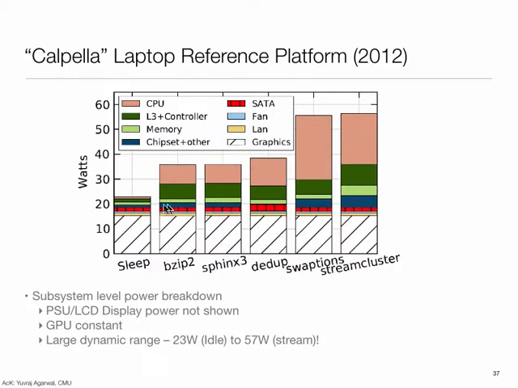One thing you would see is again the display or the graphics subsystem. The graphics subsystem matters quite a bit, and in this particular case, the display power is not shown. So this is the GPU power, and then there will also be the display power. Why would the graphics components consume power when